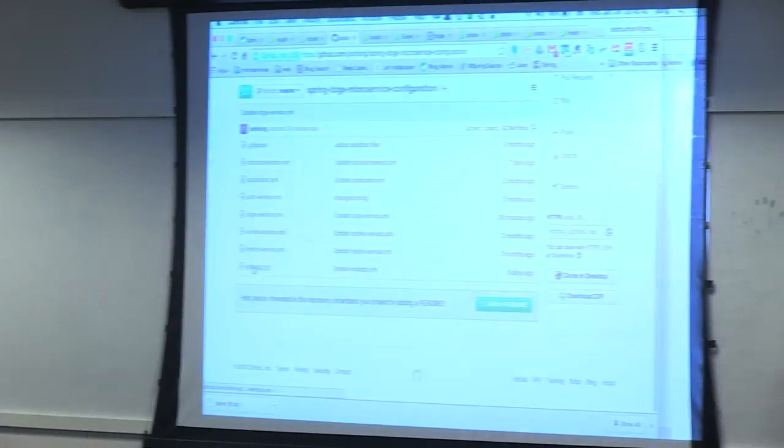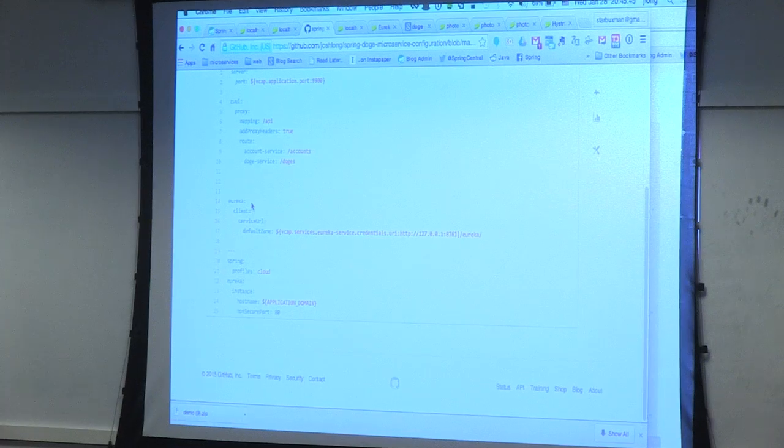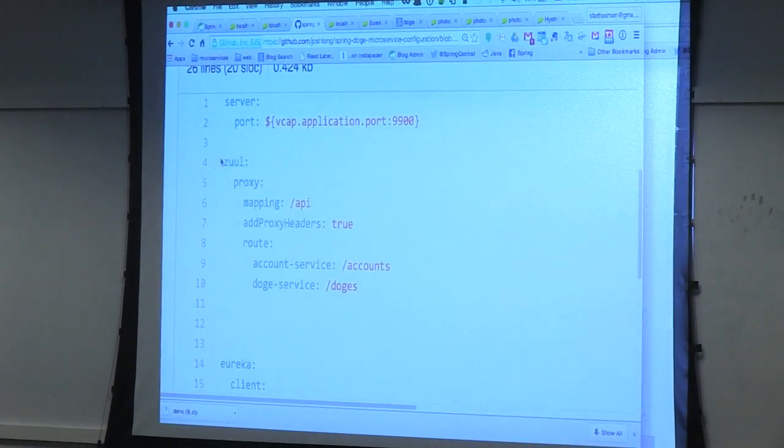I went to the configuration here, and I went to the web app, and I added custom mapping. So here I'm saying Zuul, mount everything at /API under localhost:9900, and then mount the account service. And again, this is a Eureka service ID, right? This corresponds to the service ID that we've seen bandied around all day now. Mount that service under /API/accounts, and then mount the Doge service under /API/Doge. So everything I've done before still works, but now I've got it nested underneath the API, and I've got a different string and all that.